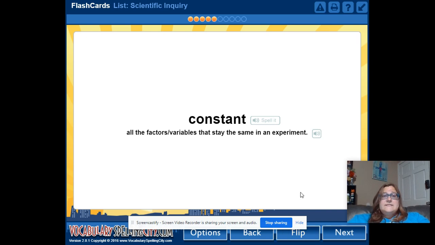Constant. This is all the factors and variables that stay the same. Everything that would stay the same. That is the type of soil, the amount of sunlight, the amount of each liquid, everything that stays the same. So how much sunlight are they getting? How much of each liquid? The type of soil, the type of seed, and then the location. You're keeping everything else the same except the liquids, so that you can figure out this is what needs to change, or this is what caused the problem. If you have too many independent variables, then you don't know what actually caused